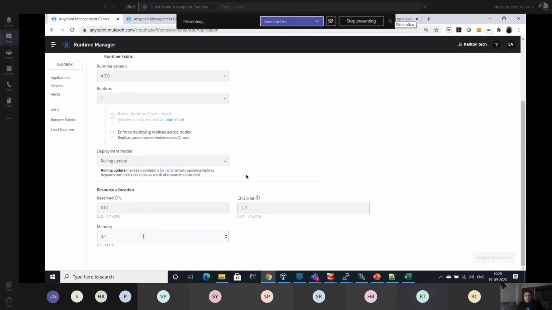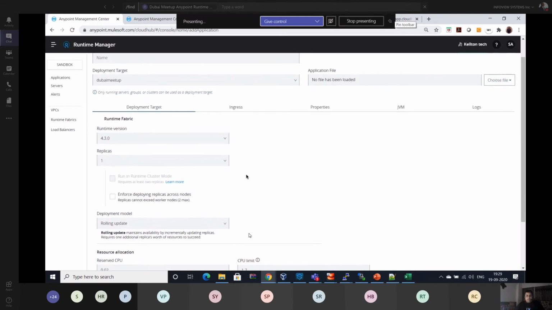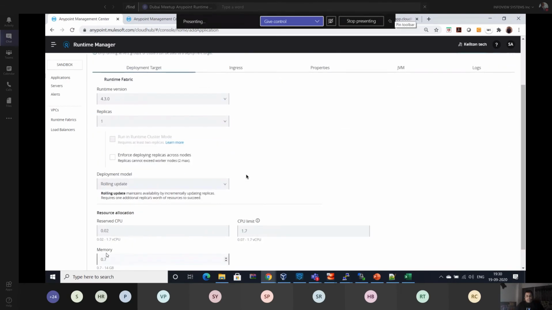It will definitely run. You can see I have deployed one sample application and it's working. Allocating memory and CPU depends on the strategy we have in our integration. Right now, I am working with one of the biggest transport organizations.